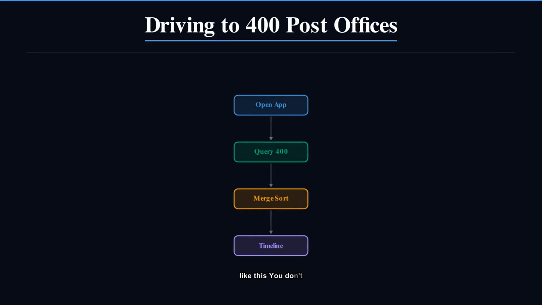Think of it like this. You don't drive to 400 different post offices every morning to check for mail. But that's exactly what the naive timeline does, visiting every account you follow on every single refresh before showing you